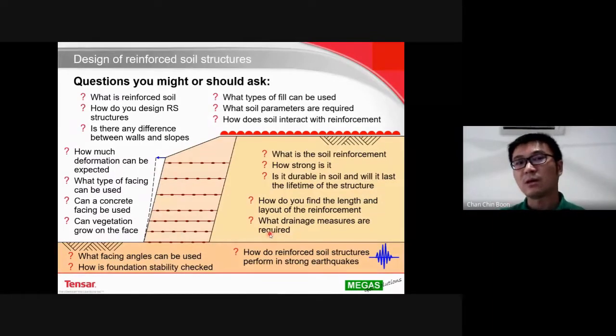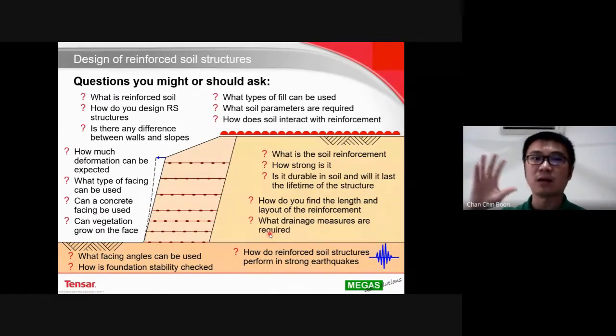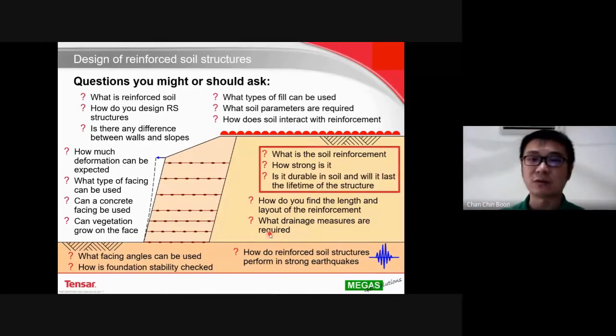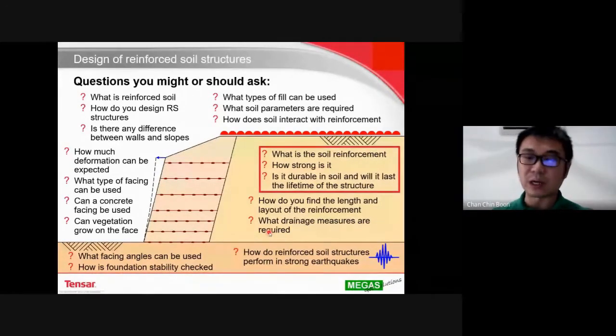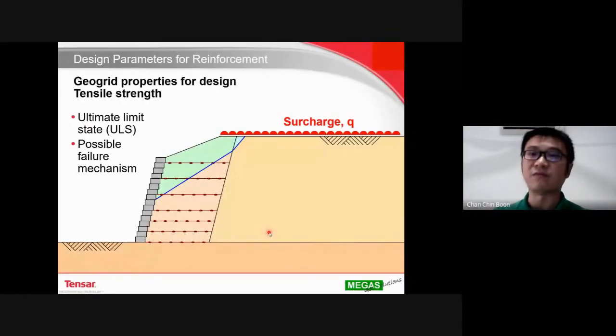So now we have an idea roughly what is a reinforced soil structure, and what types of reinforced soil structures there are. And if we want to go on to design it, we would like to know what is the reinforcement required for it, and how strong, what is the strength that we require? Is it durable in the soil when we put in the geogrid, and how long will it last? So these are some of the questions we will ask during the design,